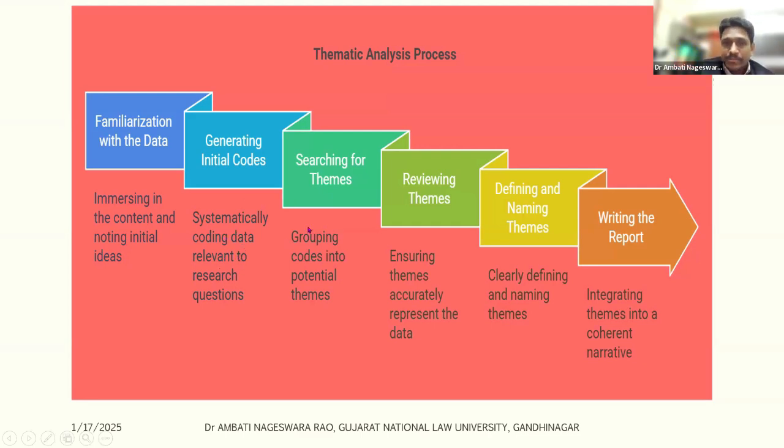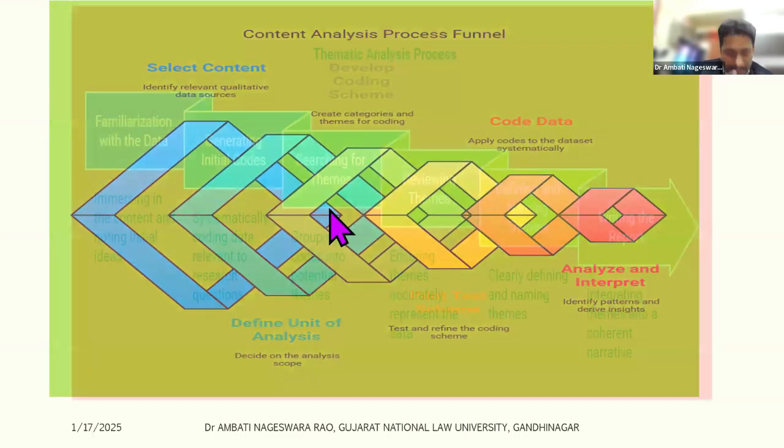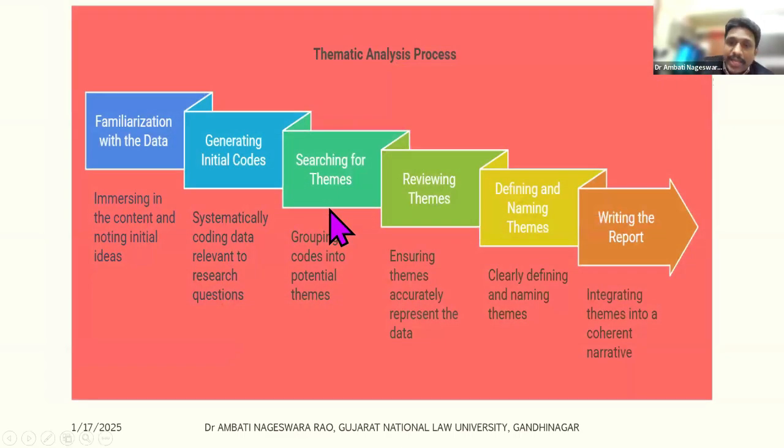Then once you generate the codes, you start connecting them into groups. We are going to have the entire thematic analysis step by step on day 3. Okay. You're going to develop the codes, and then you're going to come up with the reviews. You start refining the names, and you start report writing as a part of your research work. This is all about the thematic analysis process. These particular steps were given by Braun and Clarke, very renowned scholars in the area of qualitative research.